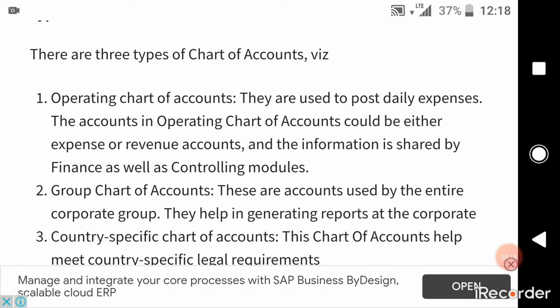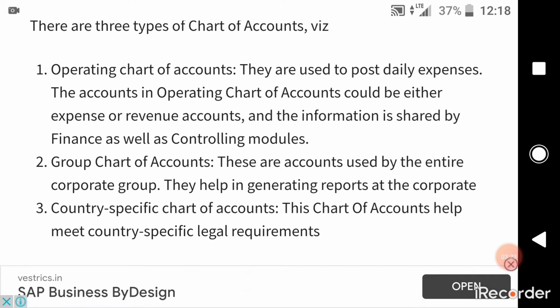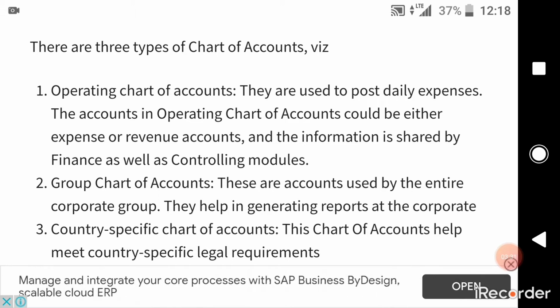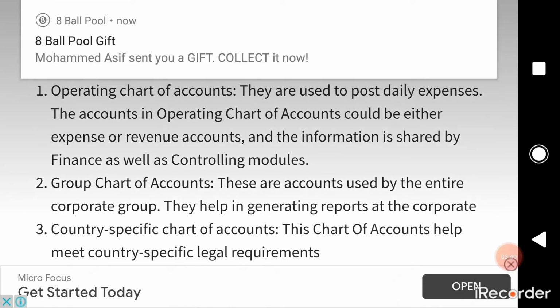Group chart of accounts. These are the accounts used by the entire corporate group. They help in generating reports at the corporate end. Whenever we pull a report in SAP by using a T code like F-27, FVLP or anything, it will ask you for the group of accounts, so that it can easily pull the report.